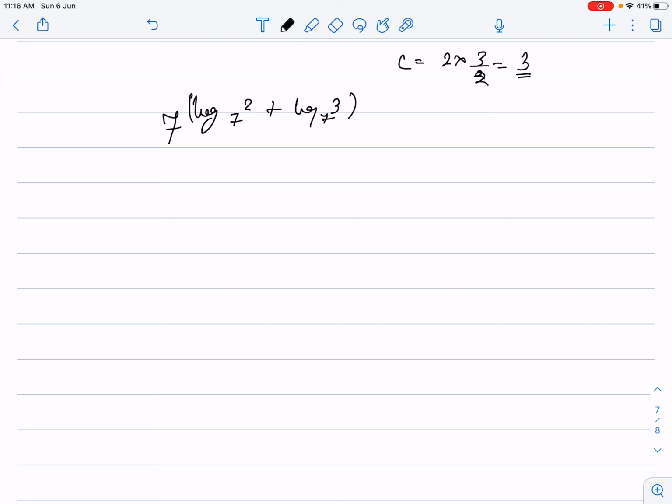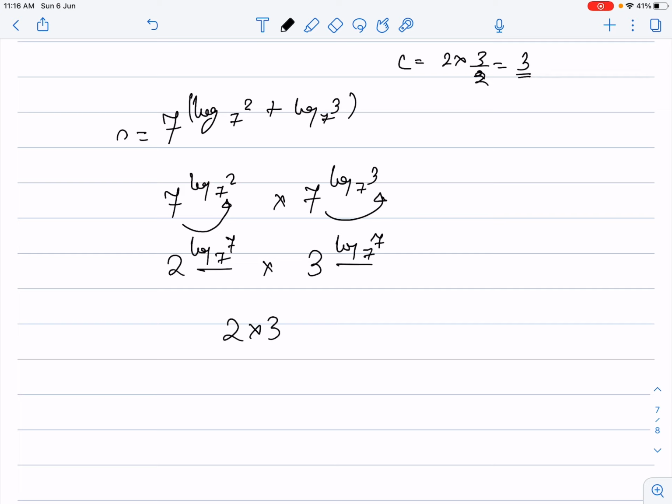So when we'll be going to write it, 7 to the power log of 2 base 7 will be written over here, multiplied by 7 to the power log of 3 base 7 will be written over here. Now 7 will be going up, 2 will be coming down. So 2 to the power log of 7 base 7 will be written over here, multiplied by 7 will be going up, 3 will be coming down, log of 7 base 7 will be written over here. So this will be becoming 1, this will be becoming 1, that is 2 multiplied by 3 will be becoming the value of D over here. That means D is equal to what? 6 it will be. Hope you guys would have got my point.